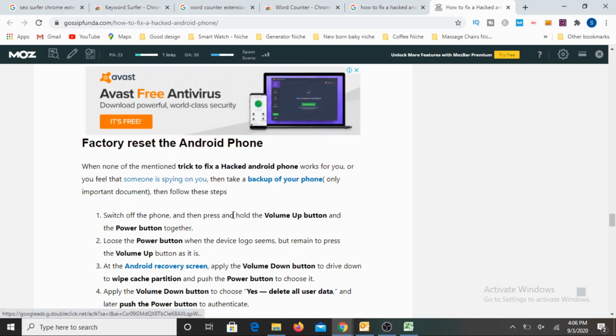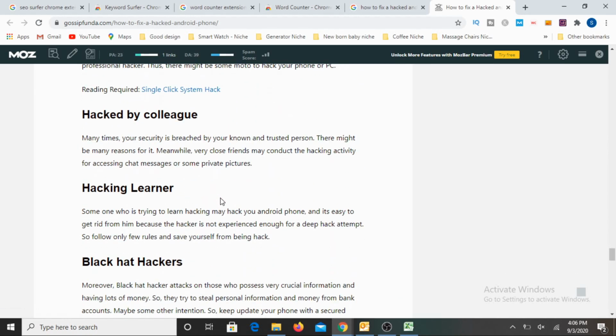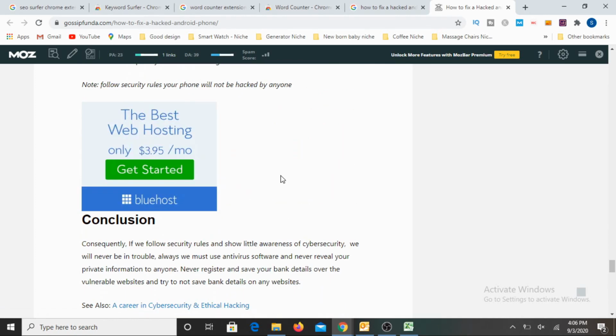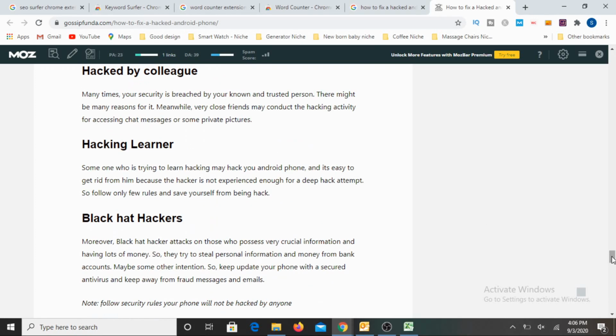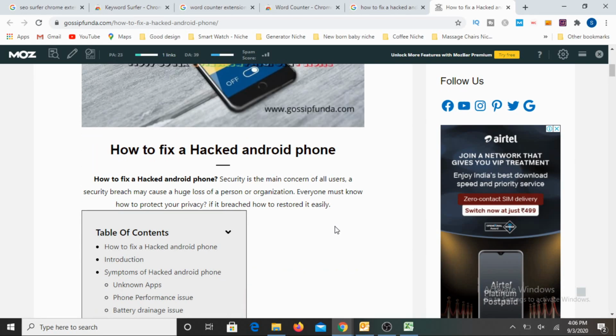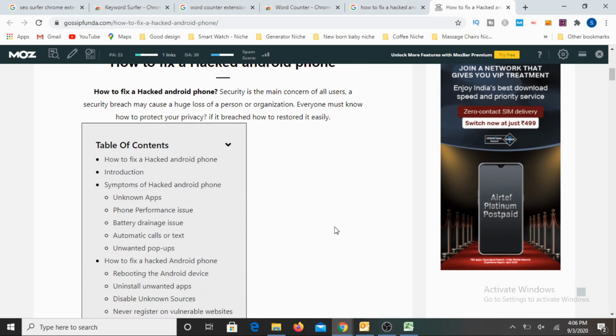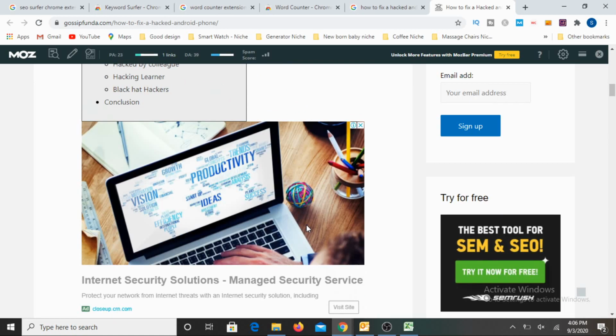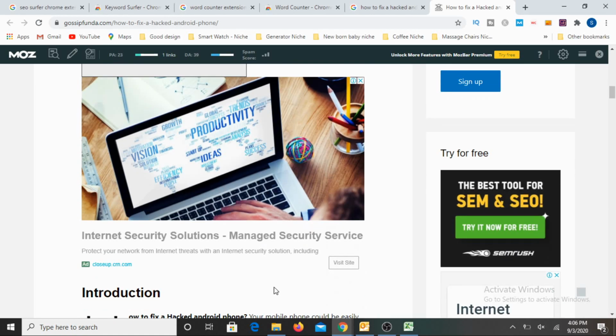Once you read through all these headings, scan through this content, this article, and if you have a fair idea about this topic, you will be able to make it out. That's the qualitative analysis. Once you do this, you will have to identify certain subtopics which are not extensively covered here or which are missed out, so that you can include them in your article. Then that will become superior with respect to the quality aspect of the content.